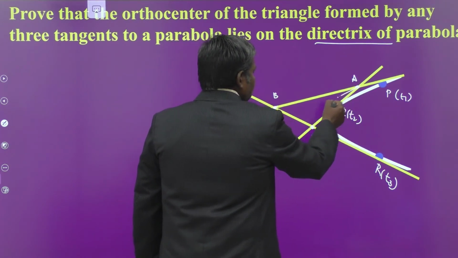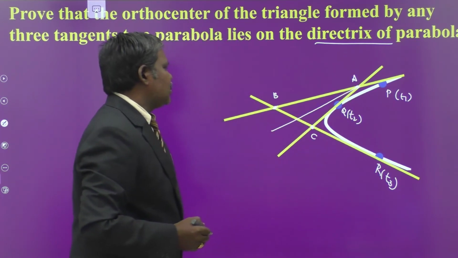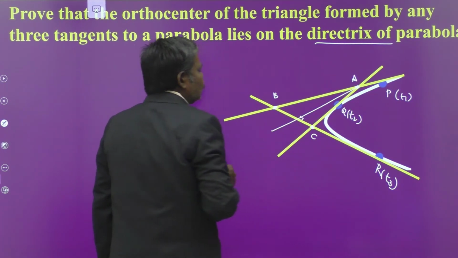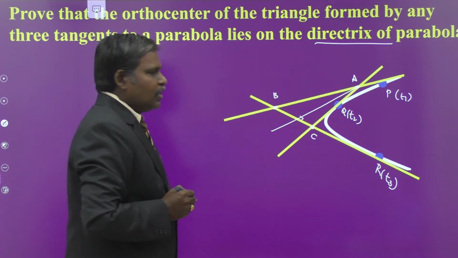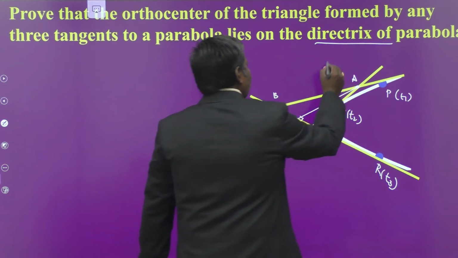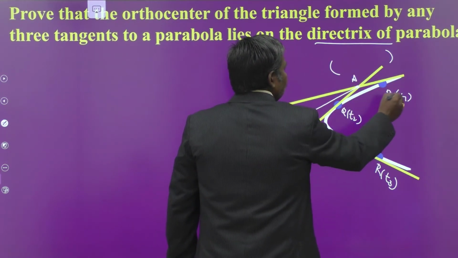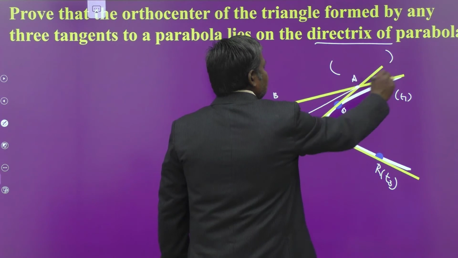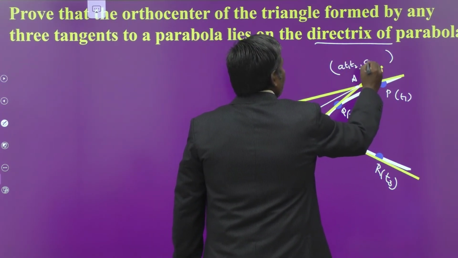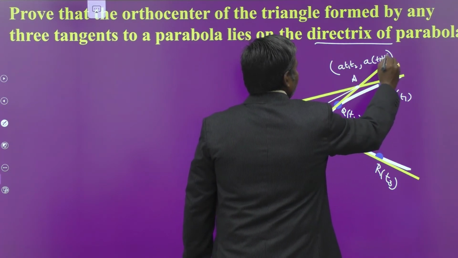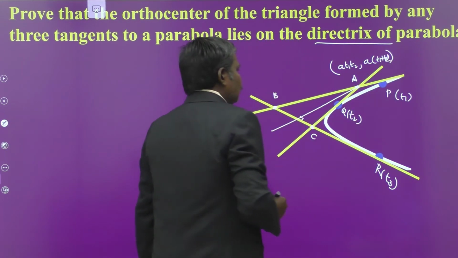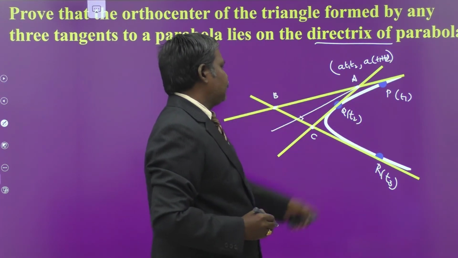So, this is one of the altitudes as shown in this figure. What is the role of this altitude? It passes through the vertex and is perpendicular to the opposite side. Can I get the equation of the altitude or not? What are the coordinates of A, my dear students? This is t2 and this is t1. What is the point of intersection of tangents at t1, t2? It is (a t1 t2, a(t1 plus t2)). So, this is the point A.